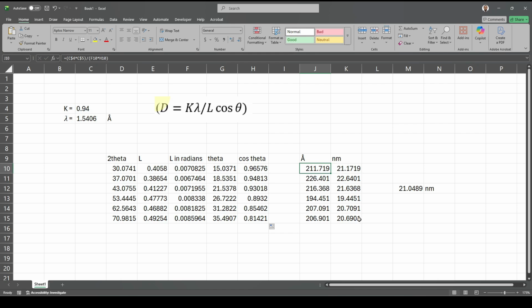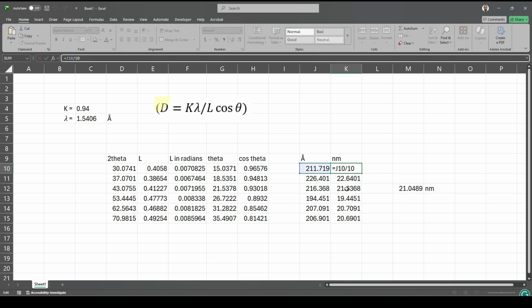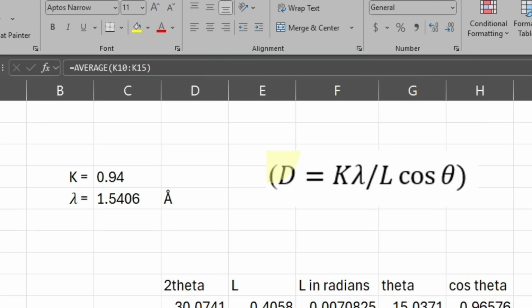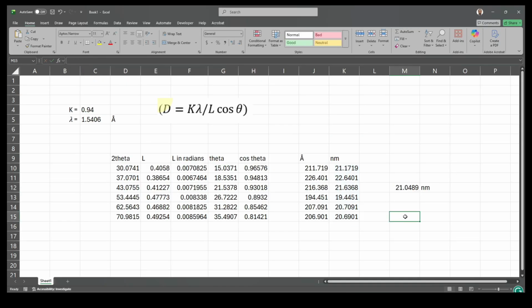So to convert it to nanometers, you just divide it by 10, and that gives you the values. After getting this, you find the average of these values. The average gives you the crystallite size. So the crystallite size for our material is